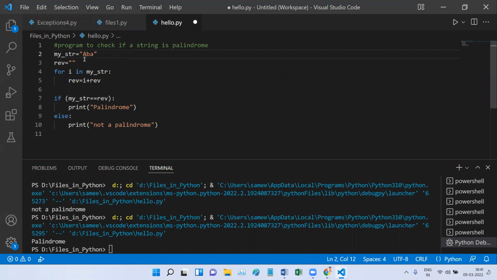What I want you to do as practice is convert the string into lower case, using the method I have taught you, and then compare. Then even if you give a capital letter, you will get that it is a palindrome. Take this one as practice and do it by yourself. If not, we will do it in tomorrow's class also. That is what we have for today's class. Any doubts we can take before the session ends.